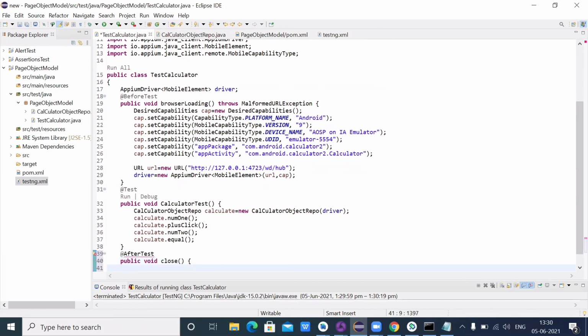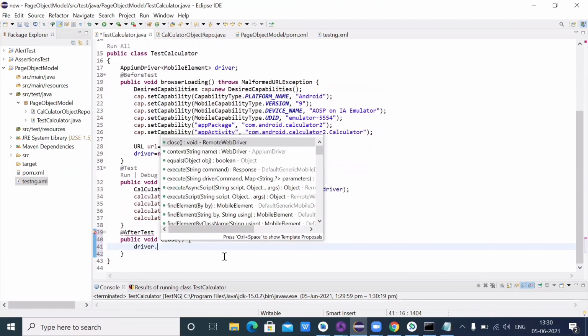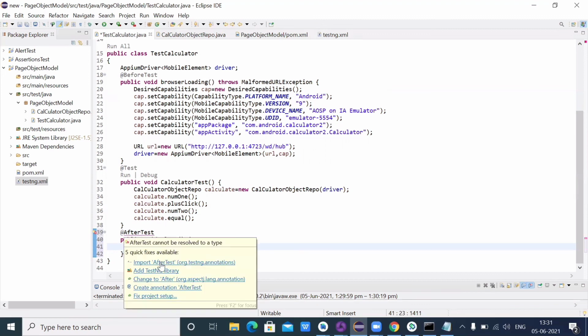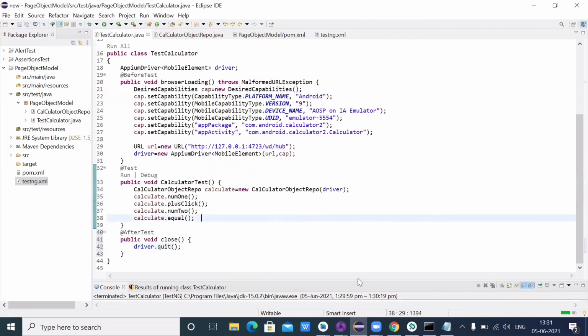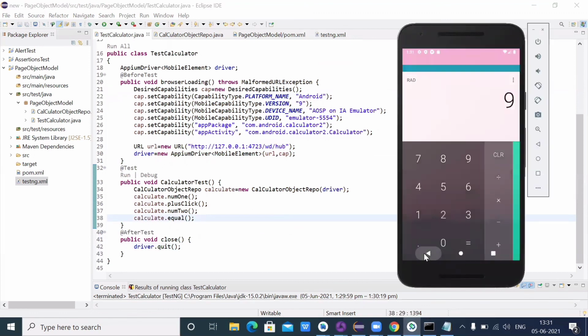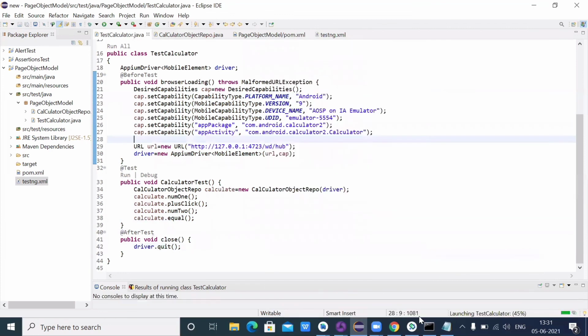Here you can close the driver instance, so driver dot quit method is there. You can use this one. After loading that 9, it will directly close this window. No need to close it separately. So I will run one more time here.